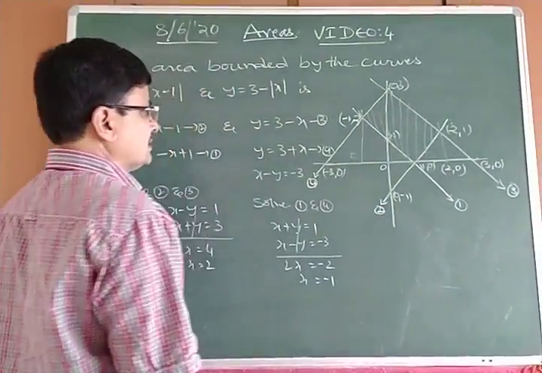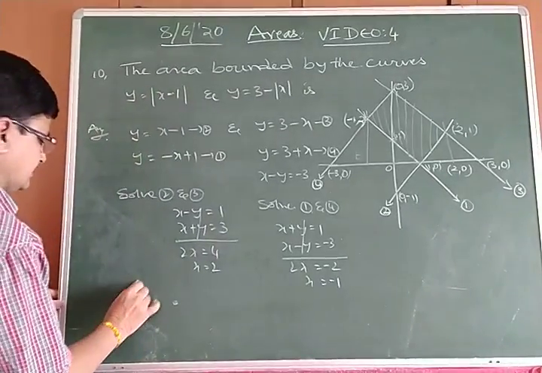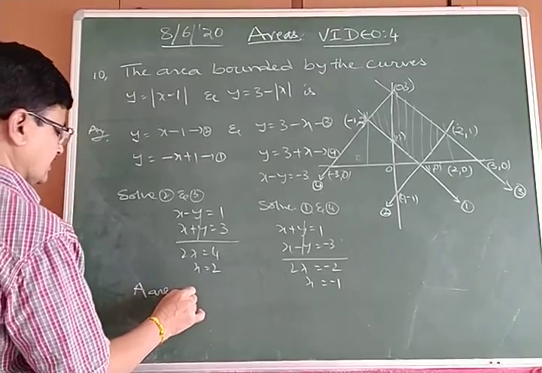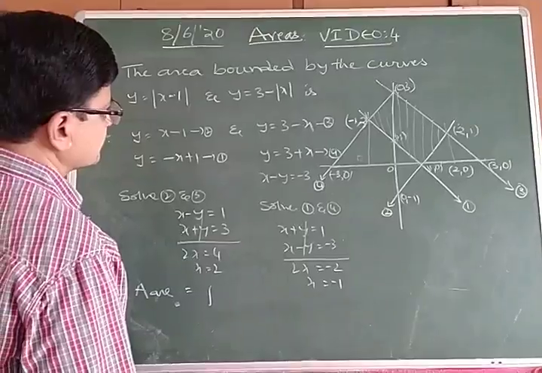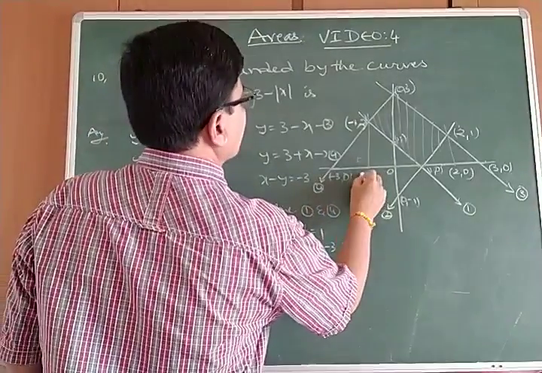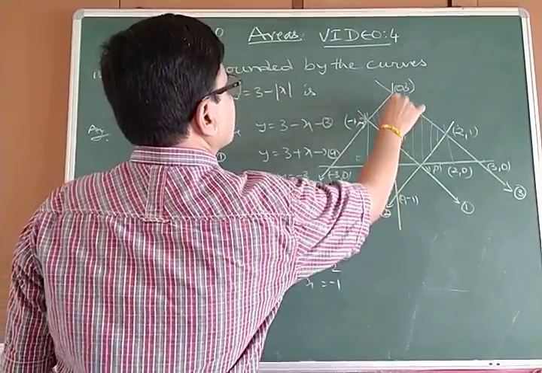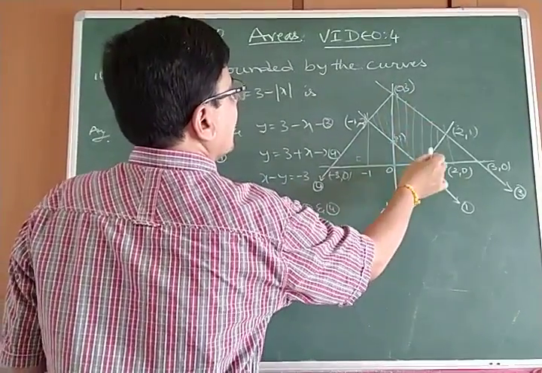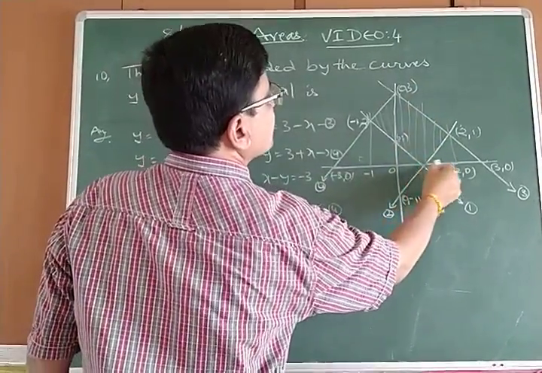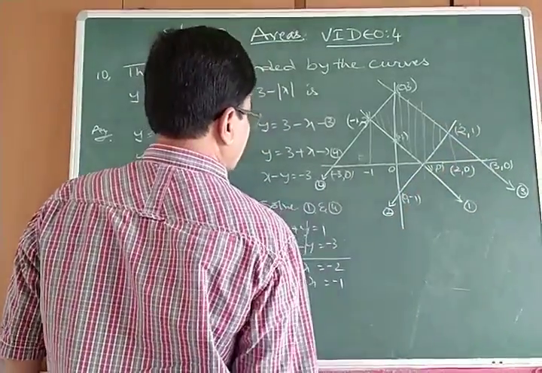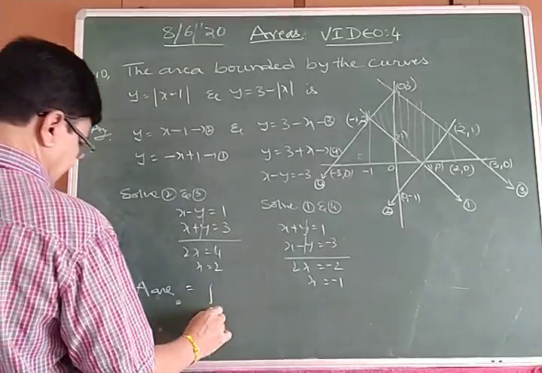So the area is equal to the integral from minus 1 to 0, with upper curve and lower curve. This is the required area. And 0 to 1 is one part, and 1 to 2 is another part. So the required area is the integral from minus 1 to 0